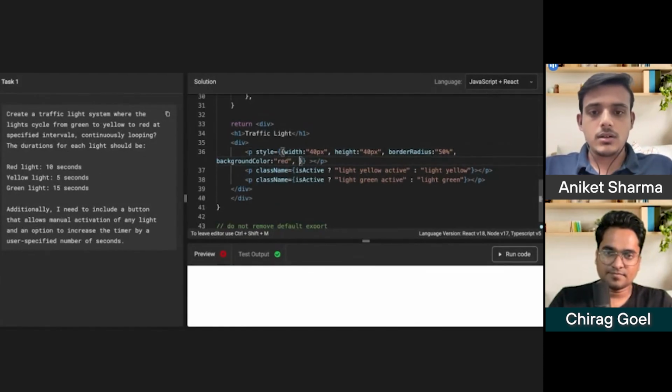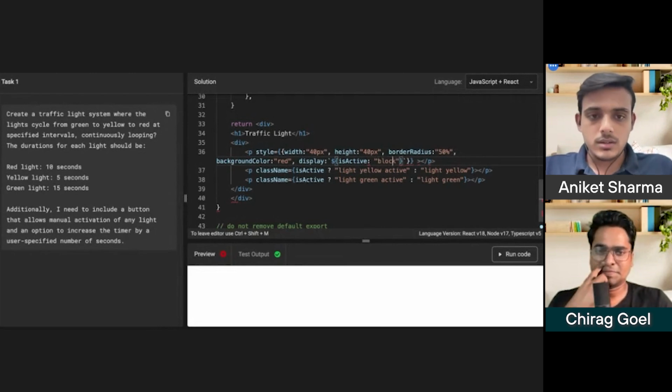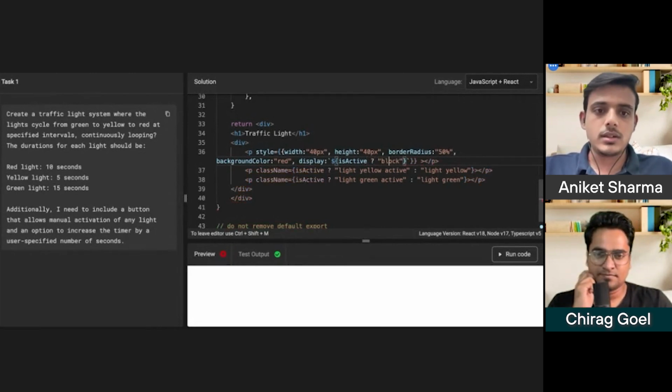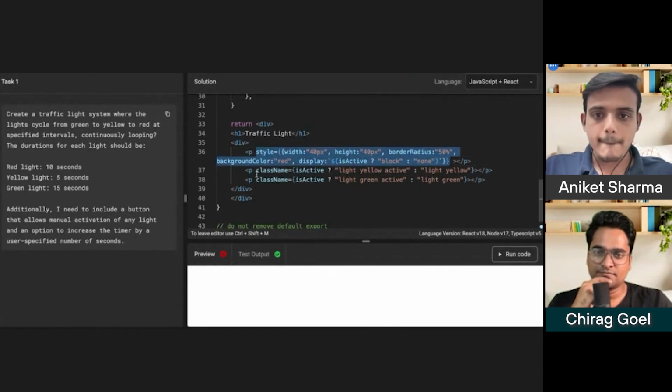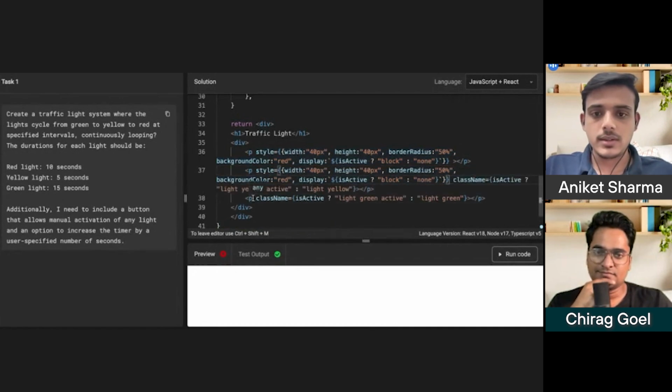And also display. So here we will do this. If it is active, if it is true, then we will set display as block. Oh, sorry, not like this, but this. Else it would be none. So by default, it will not appear. So similarly for all the other things, we can do that. Just that we will change the colors.